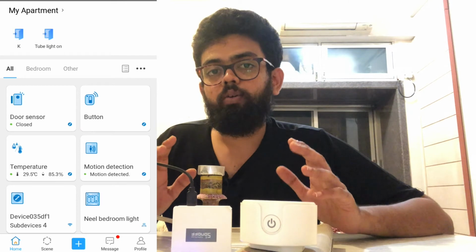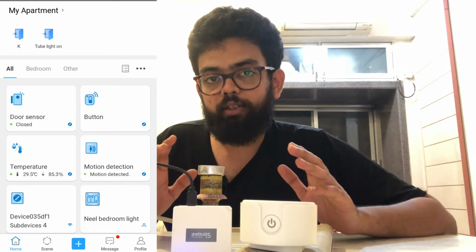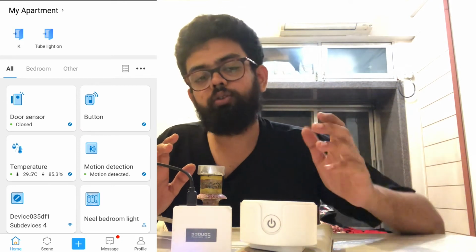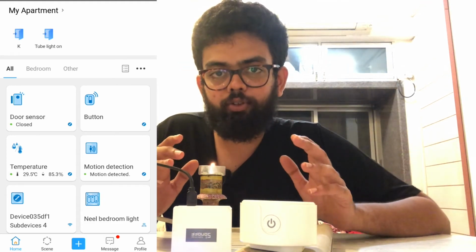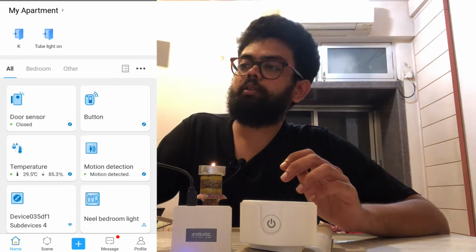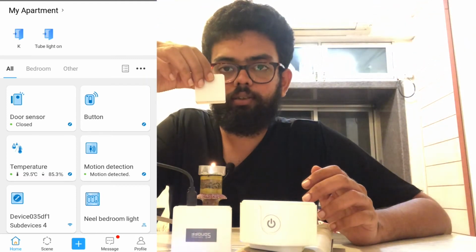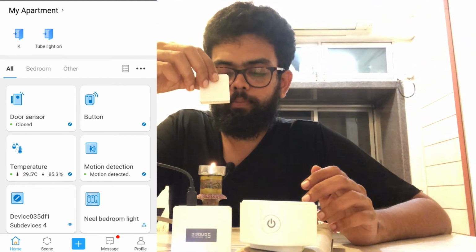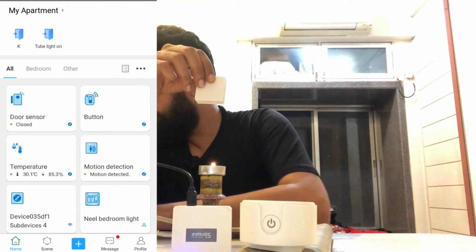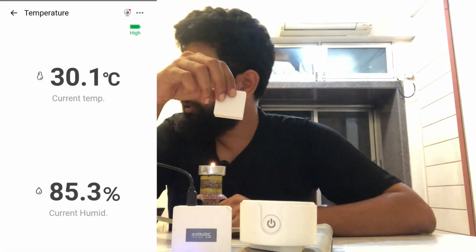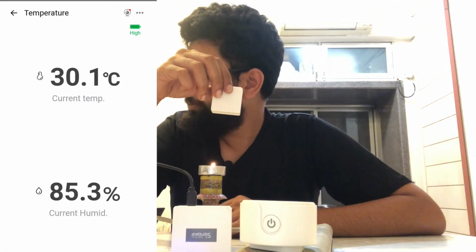So guys, now if the temperature rises above 35 degrees, the AC will turn on and also the Wi-Fi socket will turn on. Now let us go ahead and see if this automation works. I'll just place the temperature sensor. As you can see, the temperature is 30 degrees.